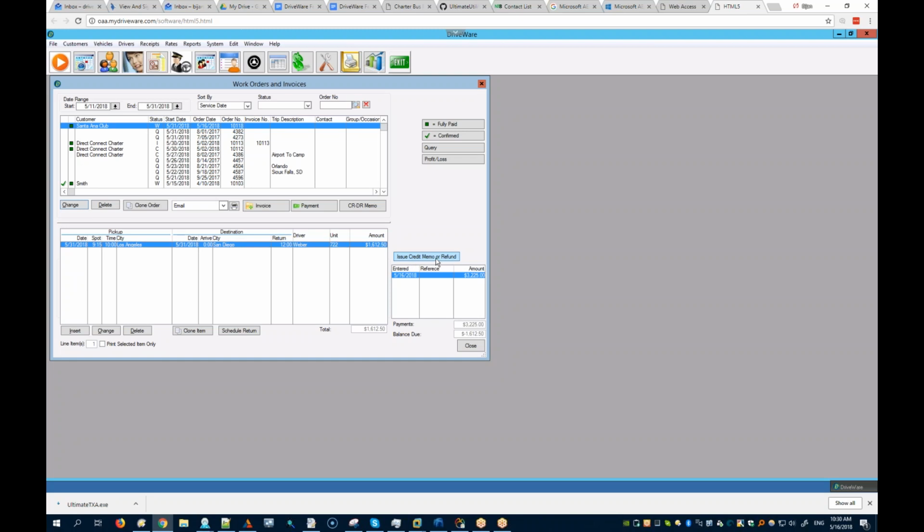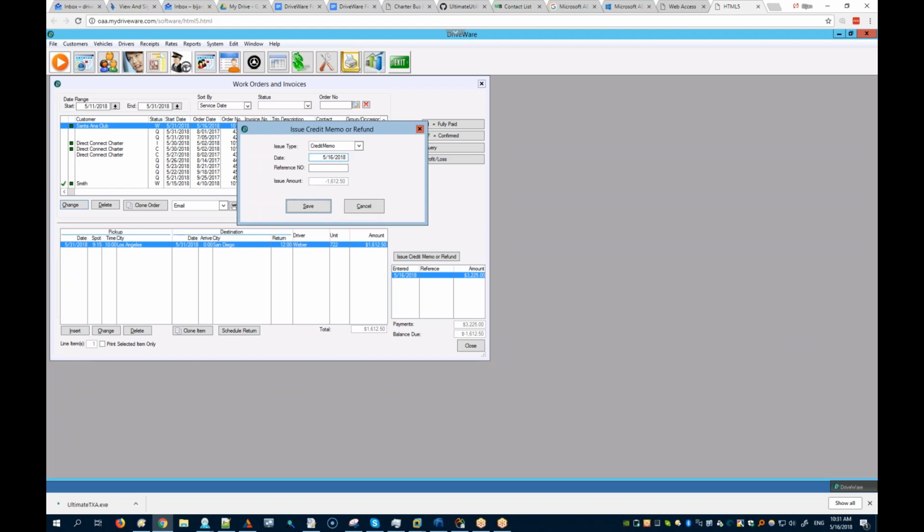Now you can make a decision, or you can ask them, do you want us to refund this to you, or would you like to have a credit on file so we can later apply this to a new invoice? So if they say no, we don't want the refund, you just issue a credit. You can just say issue credit, and we could just put a reference number,